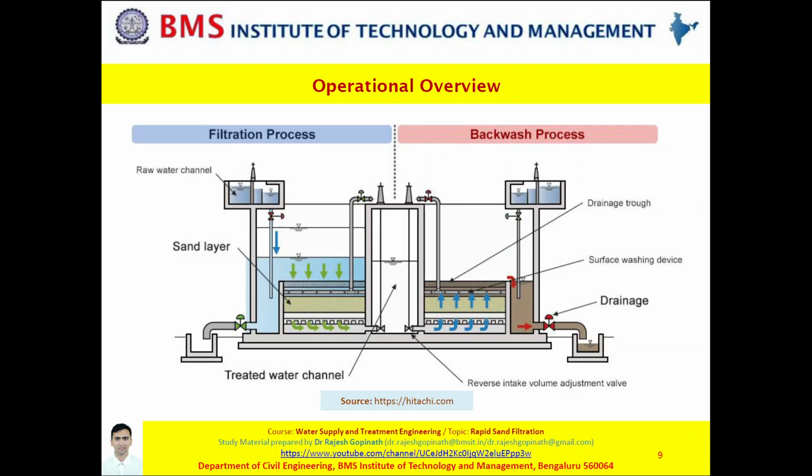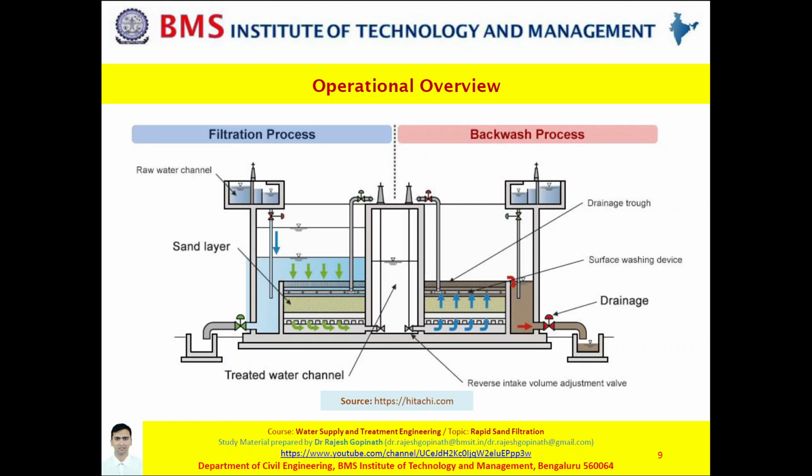Let's move further to its under drainage system. This also has laterals, which are usually made up of cast iron, and the objective of laterals is to collect water from individual filter bed, and from the laterals, the filtered water is drained to the main drain. Different types of under drainage system can be applied here, such as the Wagner system, the Wheeler system, the Leopold system, the perforated pipe system, or as simple as the pipe and strainer system.